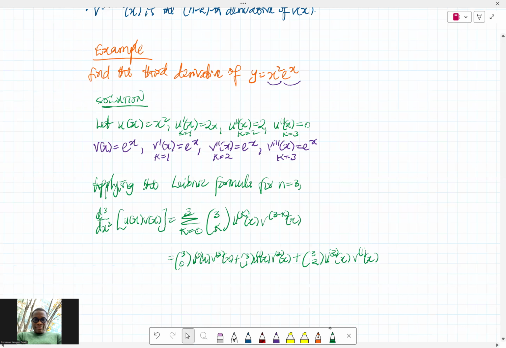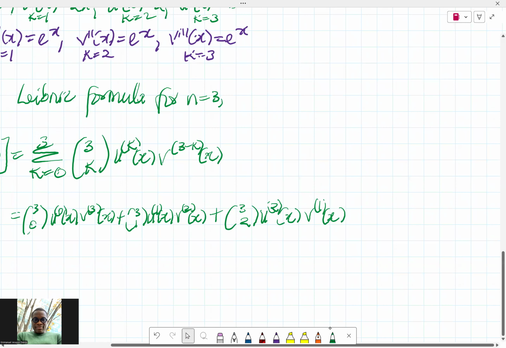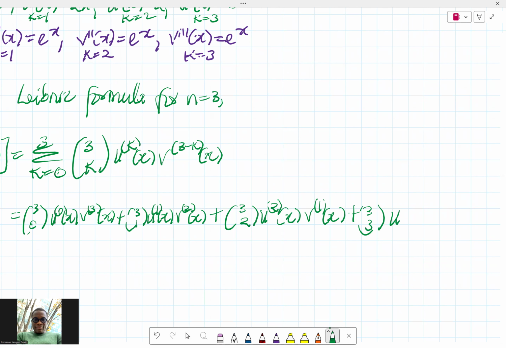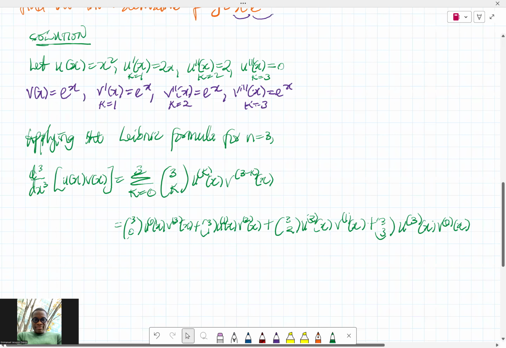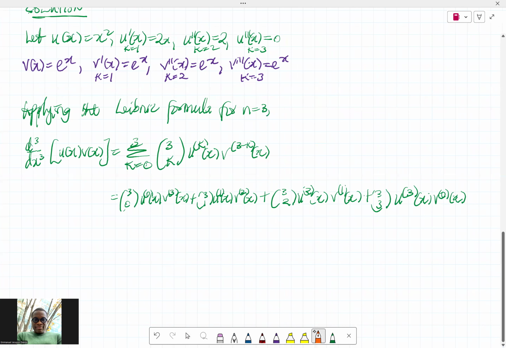Hope it's not too small. I want to make sure everything is occupied in one line. So 3 combination 3 now. So you have the third derivative of u of x multiplied by the 0th derivative of v of x. That's the idea. So what does this tell us? Let me just change this now. So we have the third derivative